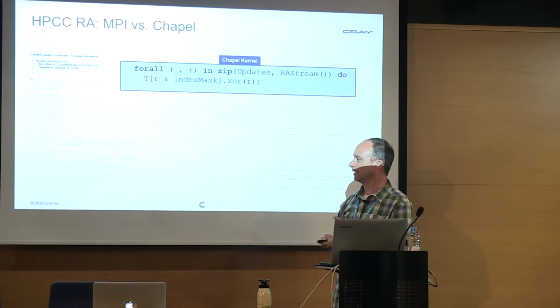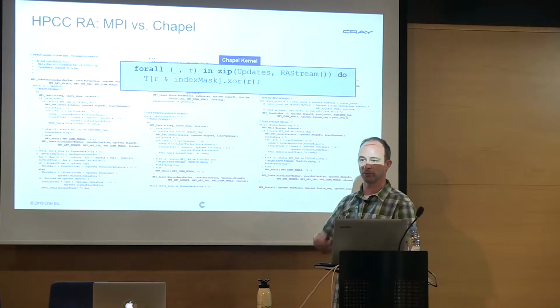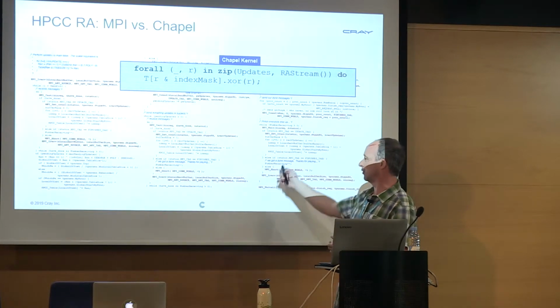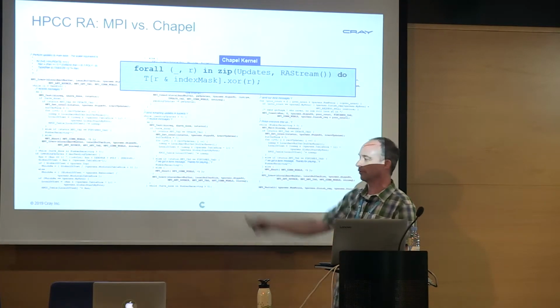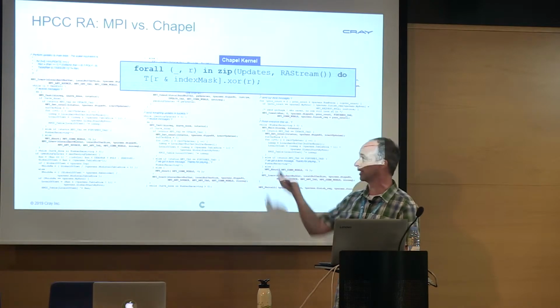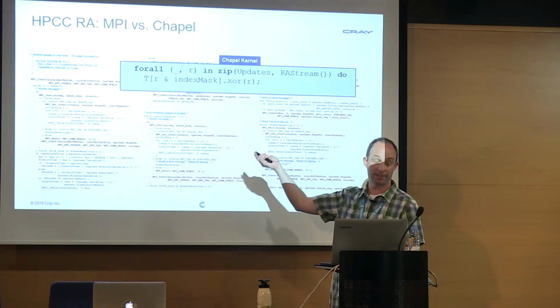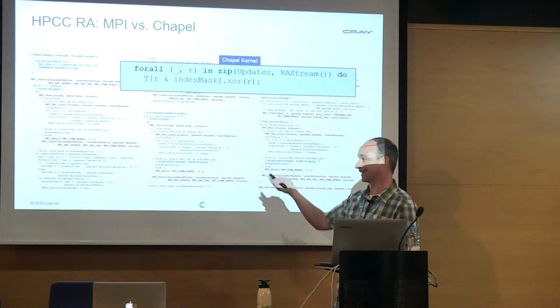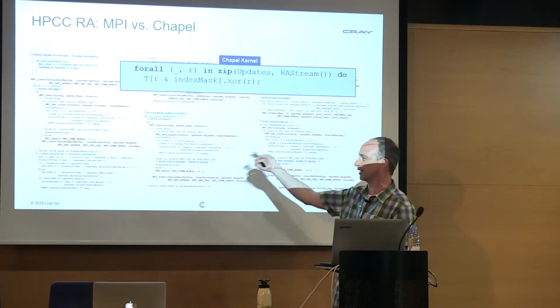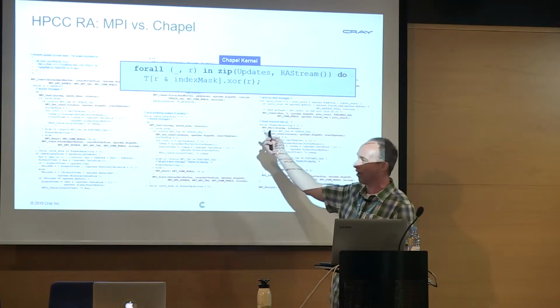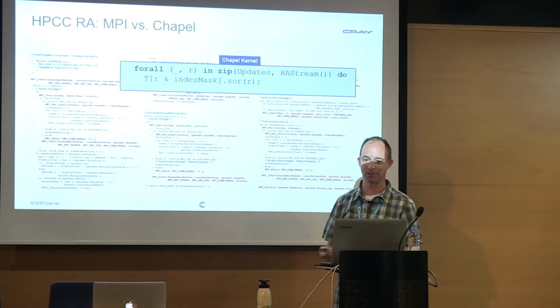But the point is, this is how much work it was to do the basic reference version. How much more work would it be for you to get that same performance? Or to put it another way, if you were to feed this code into the compiler, would a compiler ever have any chance of doing a similar optimization in order to get the same performance we do with the Chapel? And as a compiler person, I would argue that no, there's no way that a compiler is going to look at this code and say, oh, I can just implement something as simple as what I did in the Chapel case.